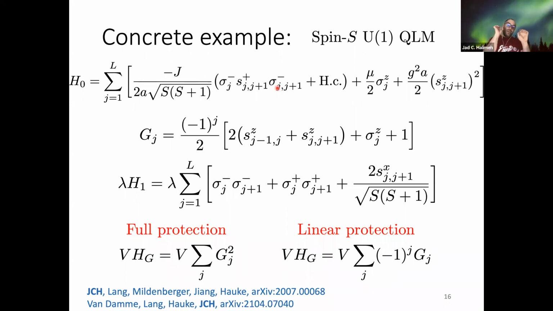Here, the gauge symmetry is local. So at each local constraint, a matter site with the adjoining links, you have to make sure that such a conservation law exists on that tiny spatial scale. This is what makes things really harder. And that's why errors like lambda H1 are unavoidable. So the easier we can make it for the experimentalist, the better. And that's why this term is significantly more advantageous or more attractive here than the full protection term.